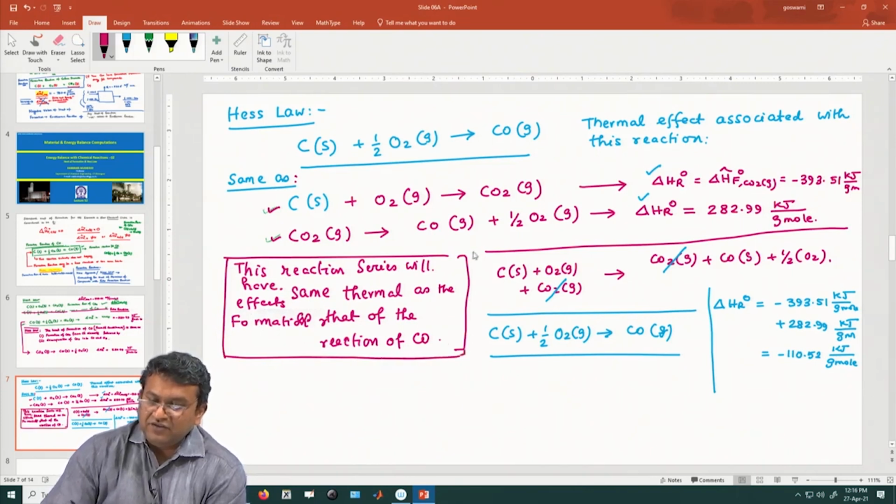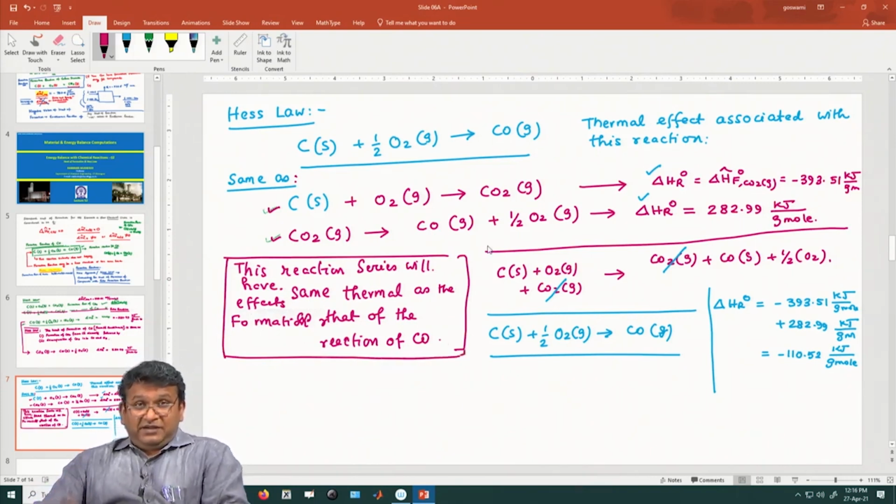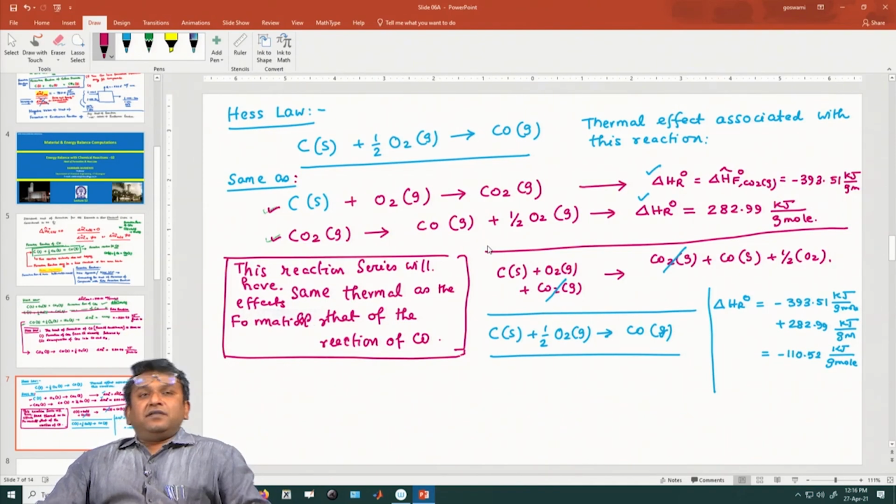as if these two are algebraic equations. That is a rule of thumb I am telling you. This is how you proceed, right. After that you also add up the heat of reactions and cancel the similar terms and do the basic algebra, like you have 1 O2 on the left hand side and half O2 on the right hand side. So, it is similar to having net half O2 on the left hand side. So, what you get is carbon plus half O2 leading to carbon monoxide, and therefore, you can calculate the heat of reaction